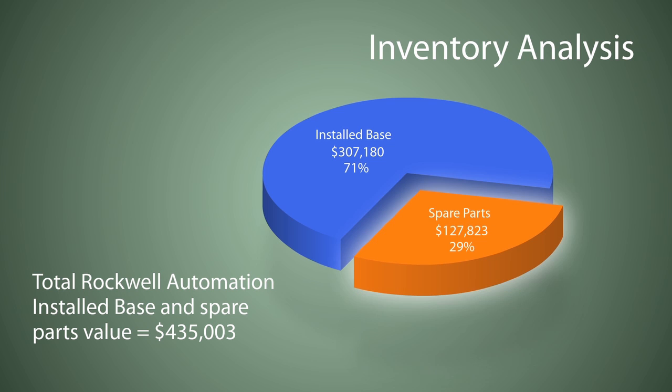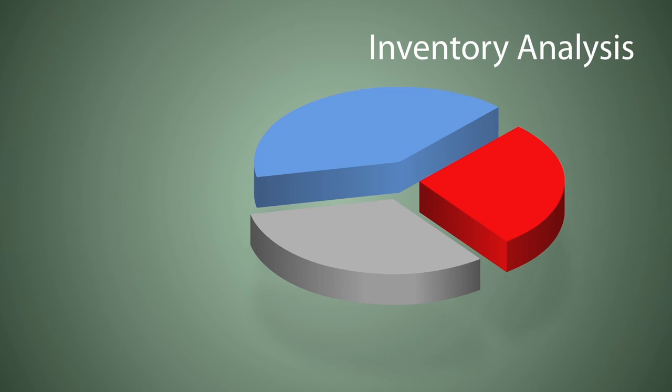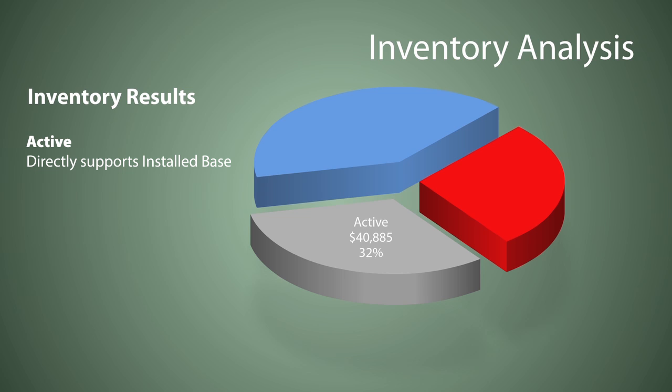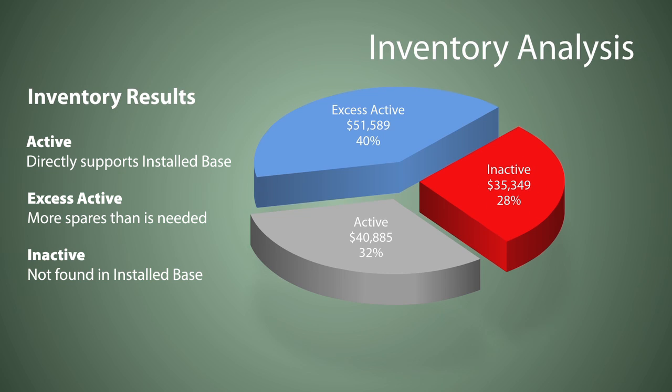A closer look at the storeroom inventory tells us that they have 32% classified as active spares, which directly support the installed base. 40% classified as excessive active spares, which is more than what they need based on our findings, and 28% classified as inactive spares, which were found in the storeroom but not in the installed base. Next, we'll look at how the